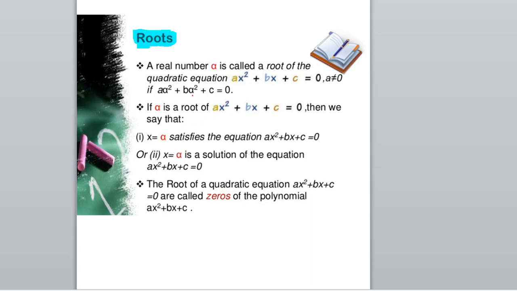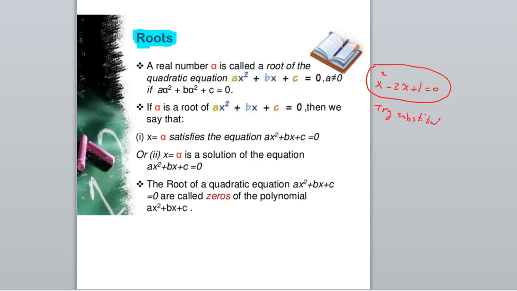Root is the number that satisfies the equation. For example, let me take x squared minus 2x plus 1 equal to 0. This is a quadratic equation. Now try to substitute